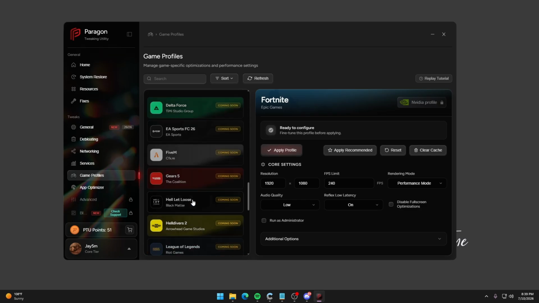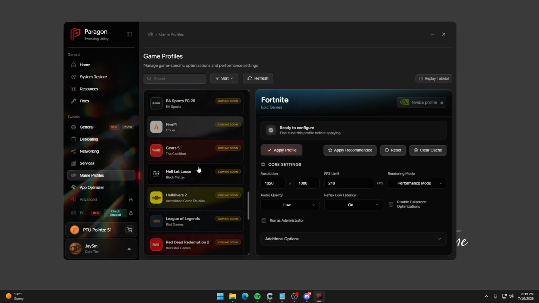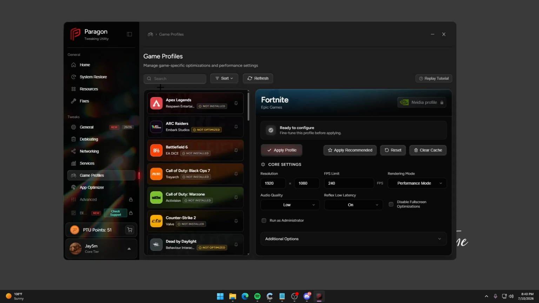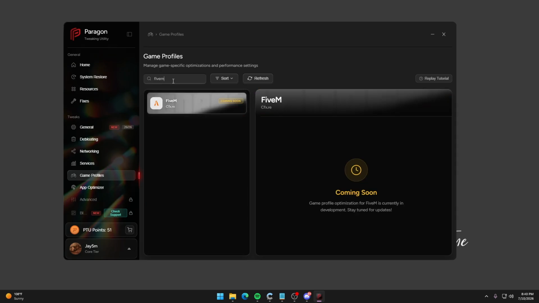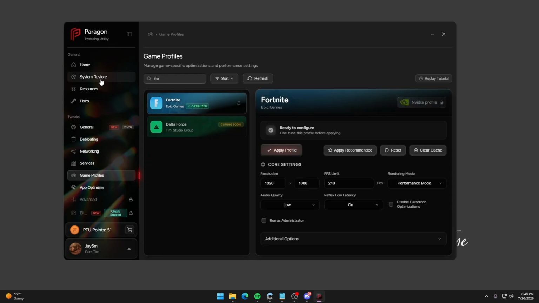It shows a bunch of games that you may have. If you don't see your game here, you can always search it. So FiveM, for all my FiveM users, this is coming soon. So you're not going to be able to apply their profile for FiveM yet, but in the future you will be able to. But if you play another game like Fortnite, you can click on this and apply the profile,